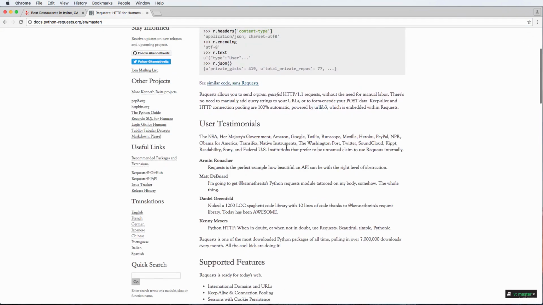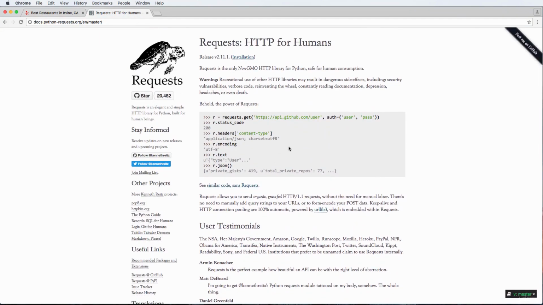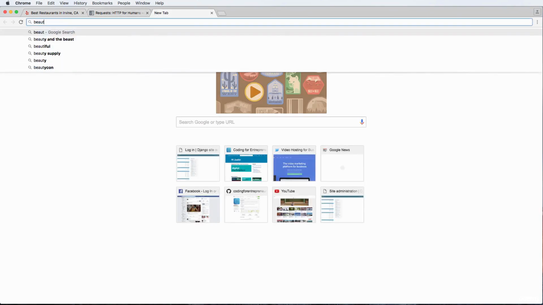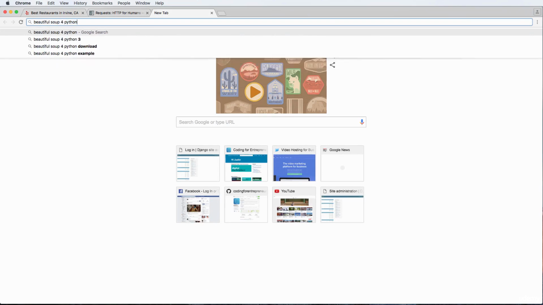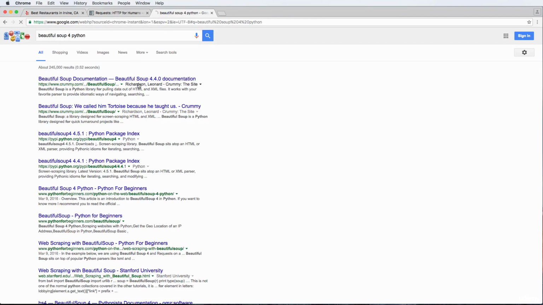You can actually play around with some of the things on there to see how that works in and of itself if you want more data than what we're going to be going over, because there's definitely a lot to Python requests. And this could be used for all sorts of HTTP requests, including API stuff. And then the other one was BeautifulSoup. So if we just search for BeautifulSoup 4 and Python, make sure it's number 4, we will get the